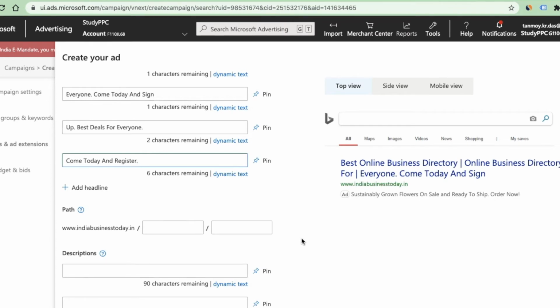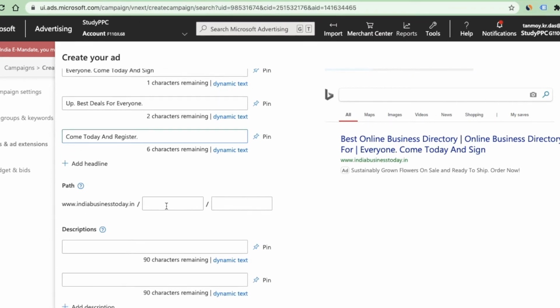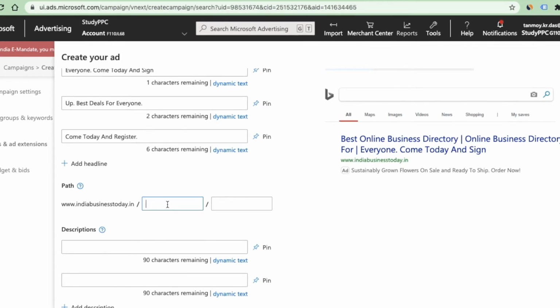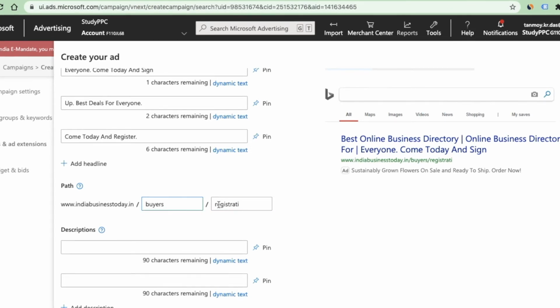You can also provide two paths for the display URL, wherein you can give subdomains along with the display URL, which gives proactive information about your business, about what you are trying to promote here. These are just keywords which you are adding to give extra information regarding your business.